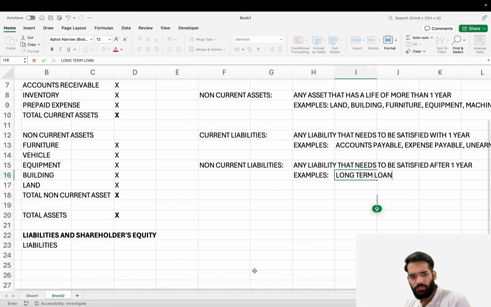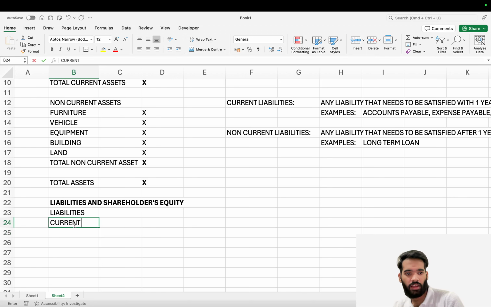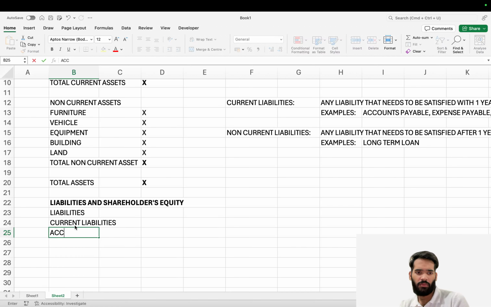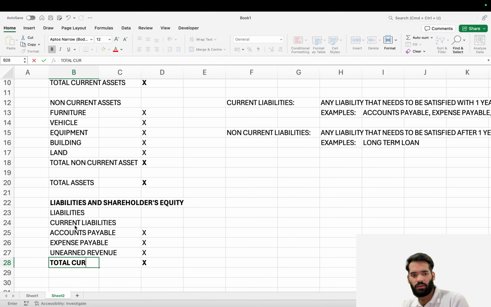So first we mentioned the current liabilities. Under current liabilities, like I said, accounts payable. Then we have any expense payable. I'm saying expense payable, so it can be salaries payable, rent payable, whatever you have in your records. You can have unearned revenue, like we talked about, and these are the three I would say are the most likely that you'll see. So total current liabilities,